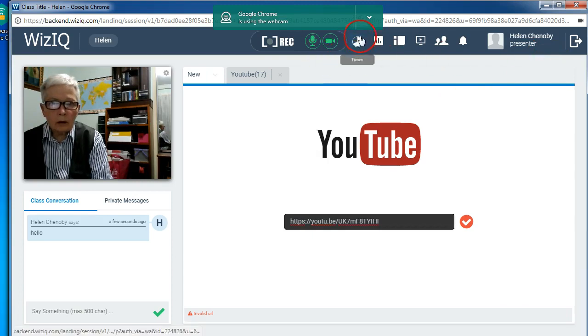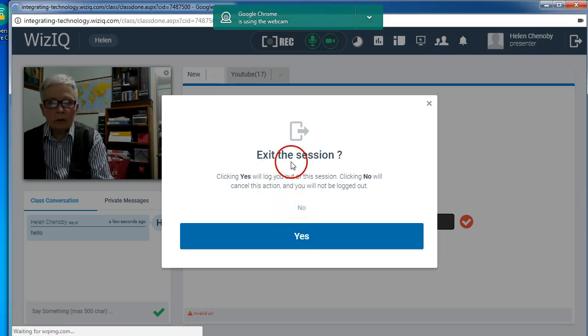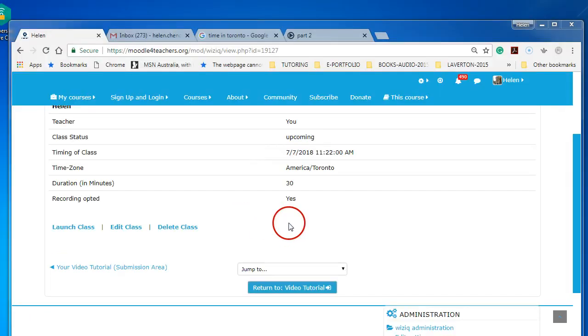Alright, and our session didn't finish yet. If, for example, I sign out and there is no computer. That is from exit the session. Yes, I would like to exit this session. Close window,